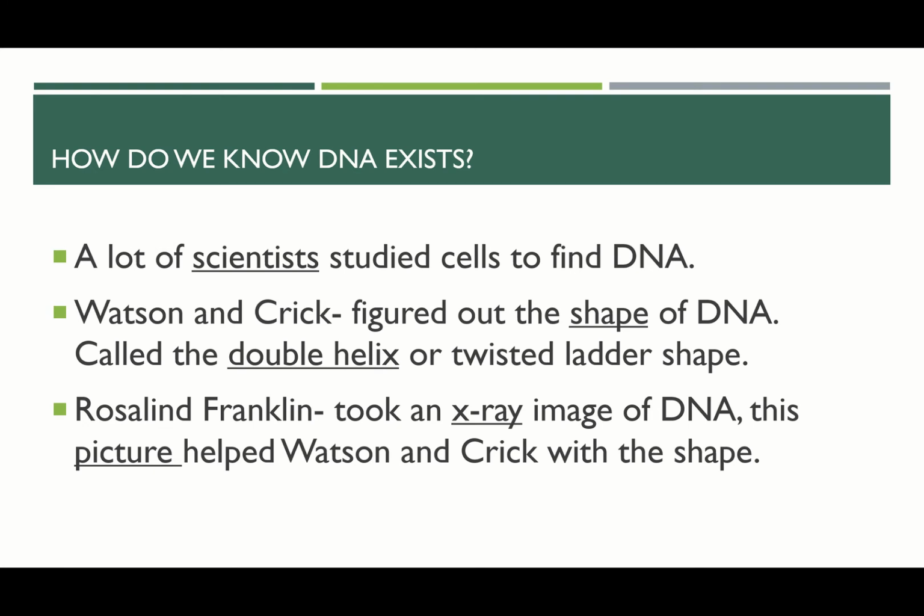So here are some of these scientists. We've talked about them already back in our book work, but we're going to write about them real quick. So some of our scientists, Watson and Crick was one. They figured out the shape of DNA. So they're the ones that actually called it a double helix or a twisted ladder. Rosalind Franklin took an X-ray image of DNA, and this is the picture that helped Watson and Crick with the